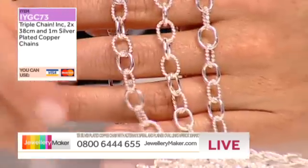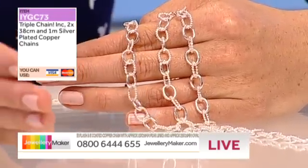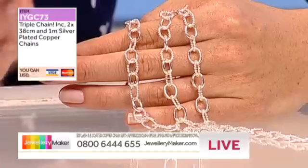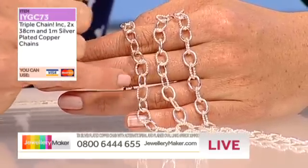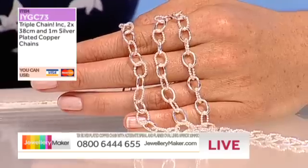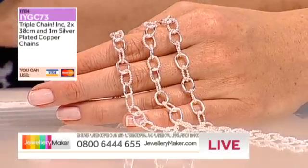The links are just enormous, aren't they? We can offer you silver plated copper chain in our findings packs as well, but the links aren't anywhere near as big as the links you're going to be getting here. And do you know what? I've got something else for you as well. I've got something else for you as part of this deal. How about